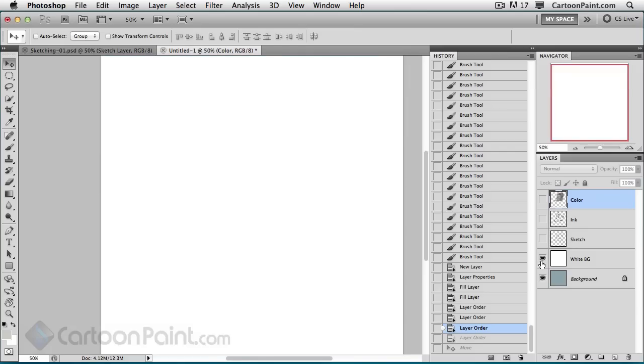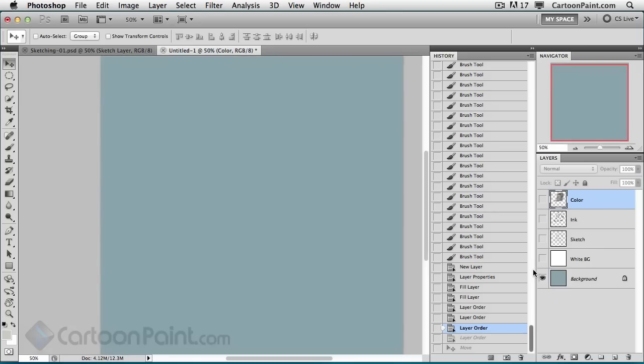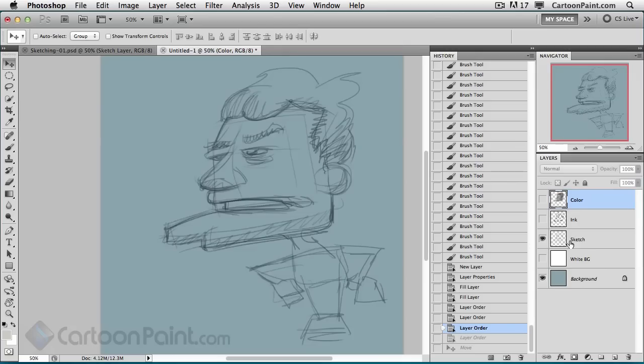I usually like to stay away from just a solid black or white background, because when you start to add color, the contrast is just so horrible, and you would never in a painting have a white background anyway. So it's nice to start with a background color right away, especially if you want a dark night scene. You want to start with blues, so the painting process is actually a lot easier when you do that. So I always start with a colored background,